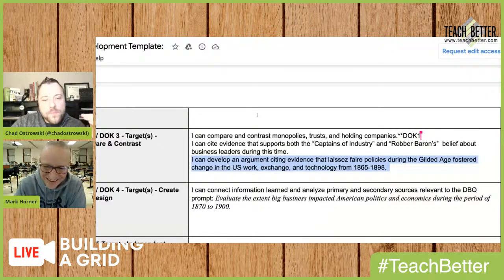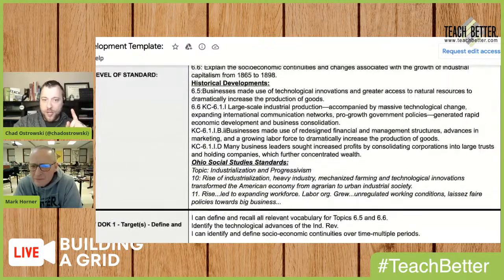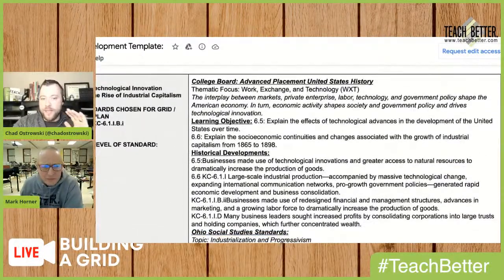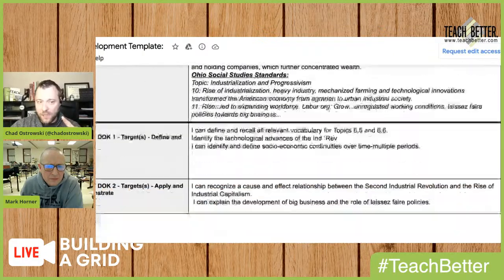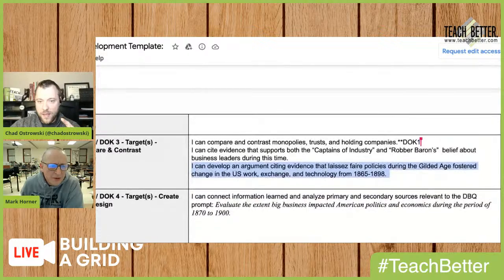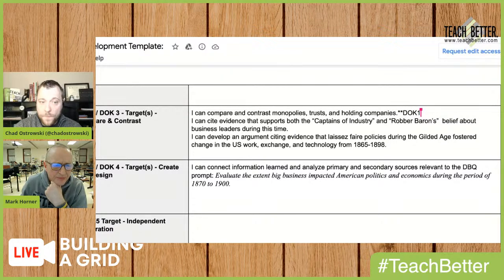Okay. So I also like your other comparative analysis. One thing I want to make sure we mention here that I don't think we have done, and maybe you do. Tell me if I'm missing this. Do we talk about the long-term effects of the technological advances in our level 3? Do we? Because I see the economic policies, the socioeconomic policies, and I see the captains of industry stuff. So one thing I'd like to consider adding in our level 3 is, I can cite, I can explain or,